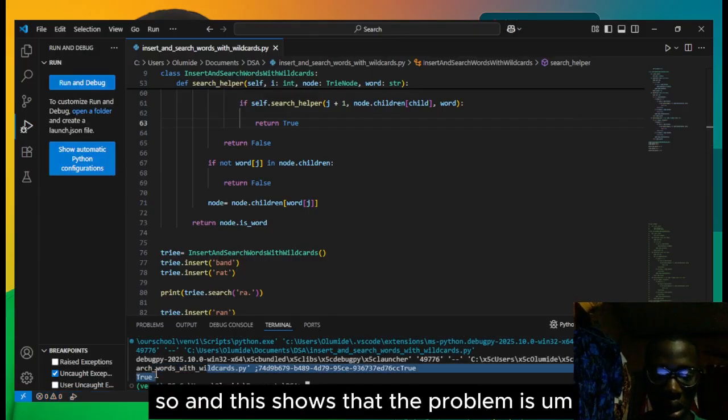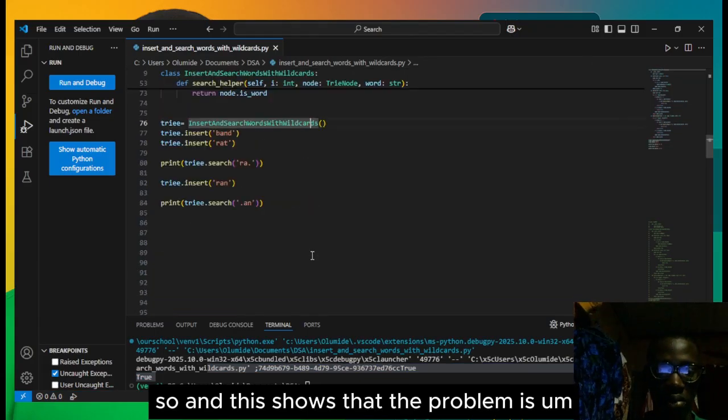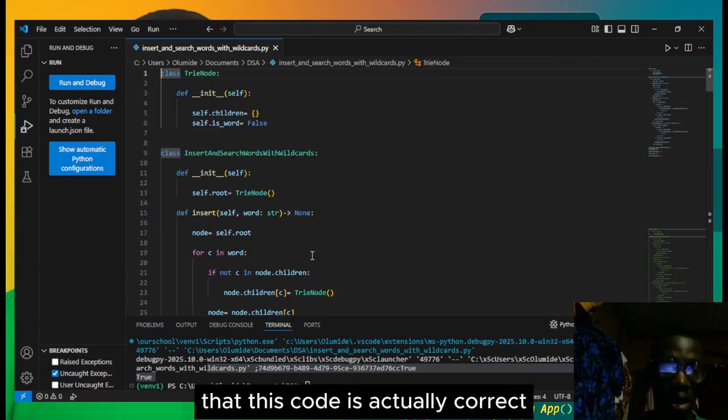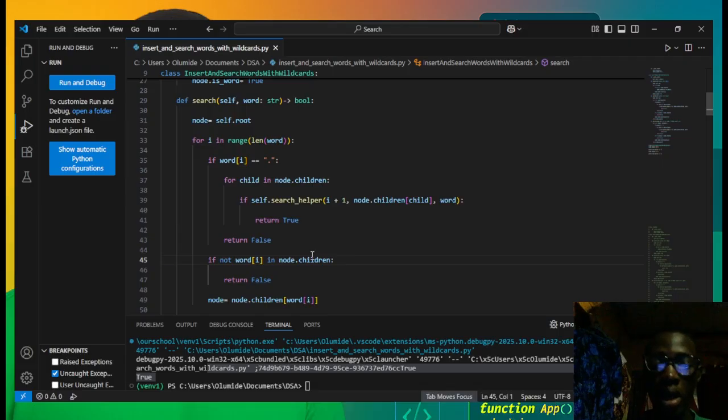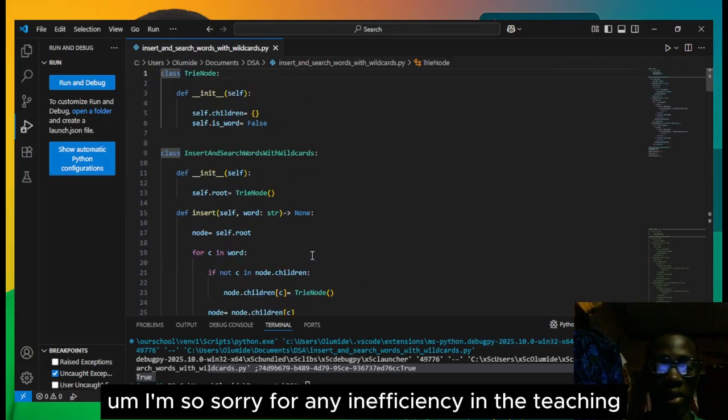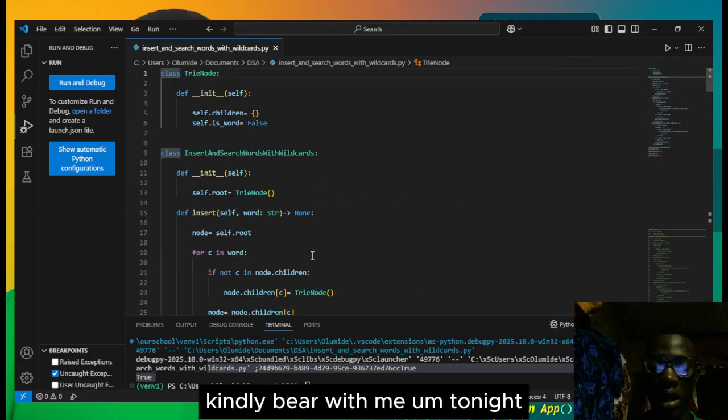And this shows that the code is actually correct, and this is how to solve this problem. I'm so sorry for any inefficiency in the teaching. Kindly bear with me